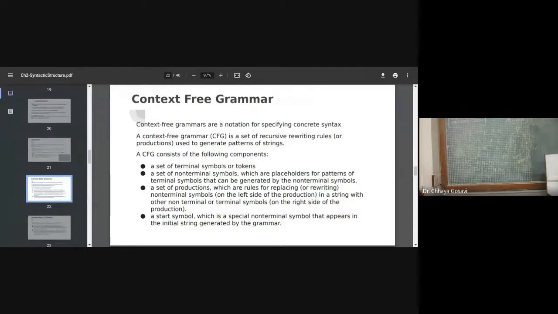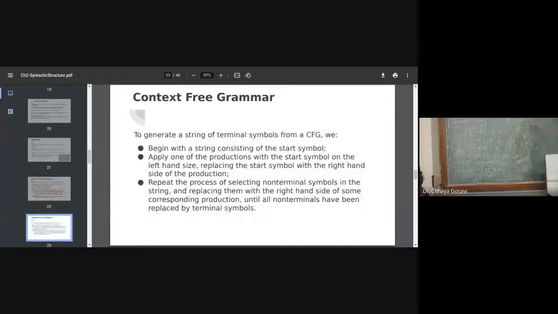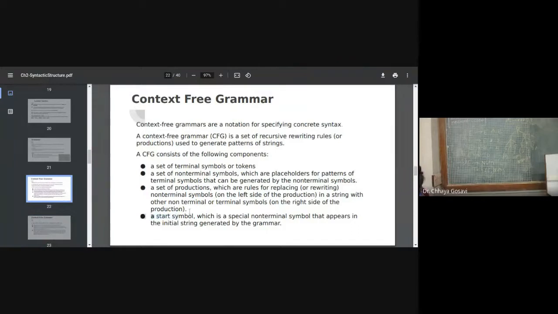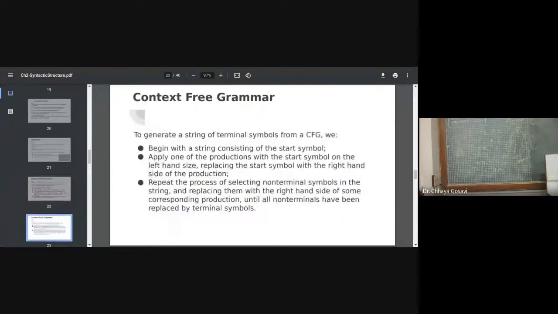So start with the terminal symbol or token, set of non-terminals. Non-terminals are replaced by terminals or the rules' right hand side. The left hand side should have only one non-terminal. Right hand side you can have terminals as well as non-terminal symbols. Whenever you create a parse tree, in each step you have to replace a non-terminal by the right hand side of that non-terminal symbol's rule. Now here, if we have more than one non-terminal symbol, you have to specify the start symbol from which you can start writing the parse tree or derivation.